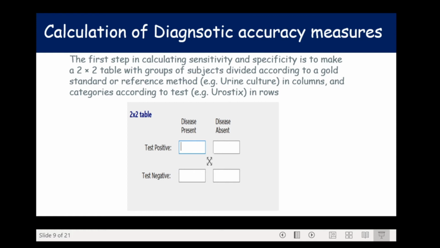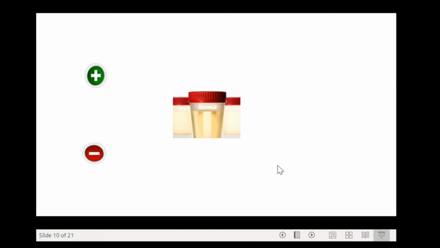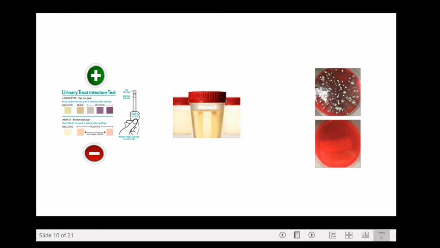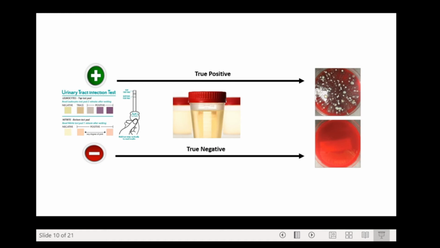Now let us understand basic statistical nuances of the diagnostic test. This is a urine sample of an infant with fever. On the left side, we have a newer diagnostic test using dipsticks for urinary nitrates and leukocytes. On the right side, there is a gold standard urine culture. Now there are 4 possible outcomes according to the previously shown 2 by 2 table. Some will be true positive, some true negative, few will also be false negative, and finally some will be false positive.